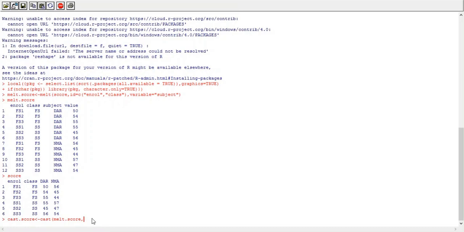So how can we perform that mapping? I want the enrollment column, which is my fixed column. Then I want the class column, which is again a fixed column. And I want to map those columns with subject. This tilde symbol is used for mapping. So enrollment number and class will be the constant columns, and subject is the variable column. So I am mapping these constant columns to the variable column.